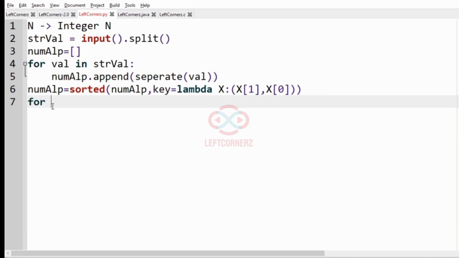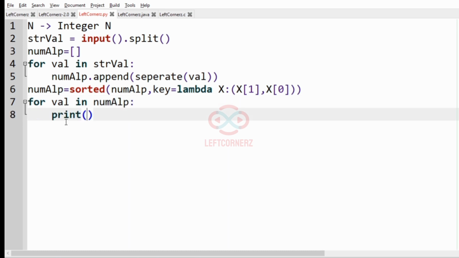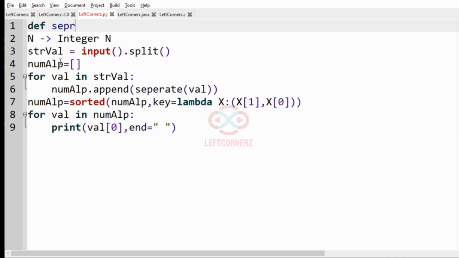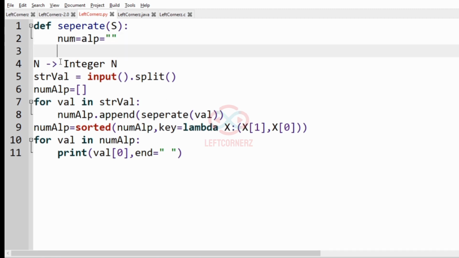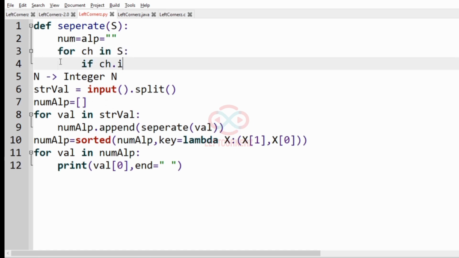So for val in num_alpha, let us print the val of 0, which is nothing but the integers, comma end is equal to a space. Now let us define our function separate. So def separate, which accepts an argument as string s. Here let us declare an empty string. So num equal to alpha equal to an empty string. For character in s, if character is digit